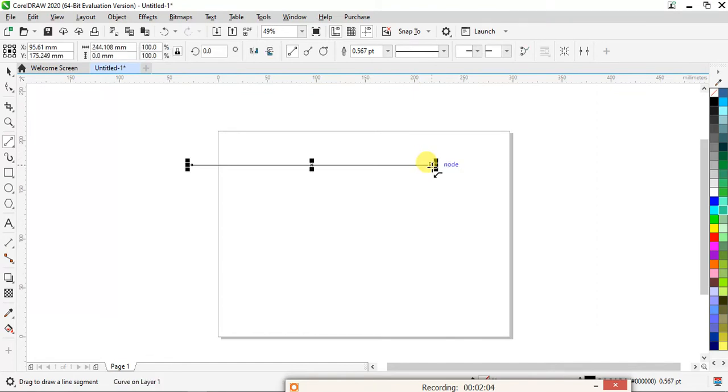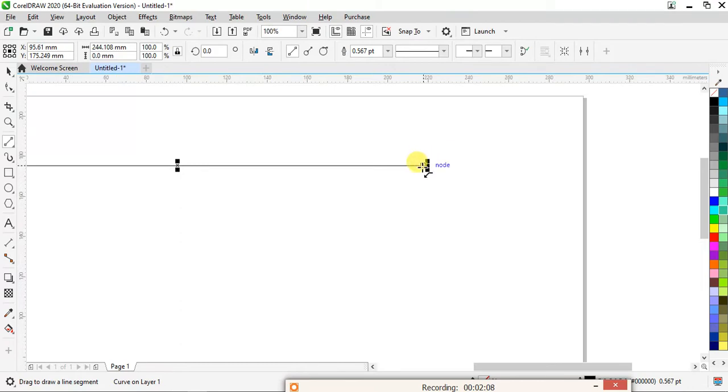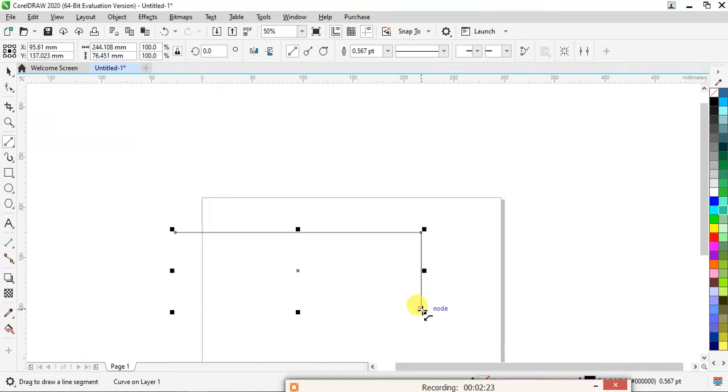Again, what if you want to draw a rectangle using this line tool? You can come here, and over there you can see this node. From that node also you can draw with the line tool and you can draw one line. Same way you can again start from here, as you get a node point, then you can draw your line and stop over here. And again you can go from here and draw.